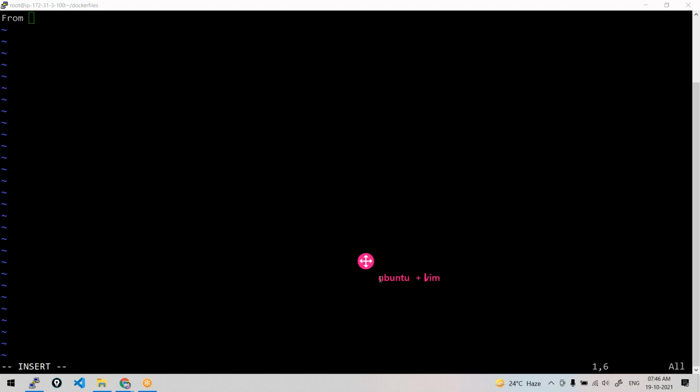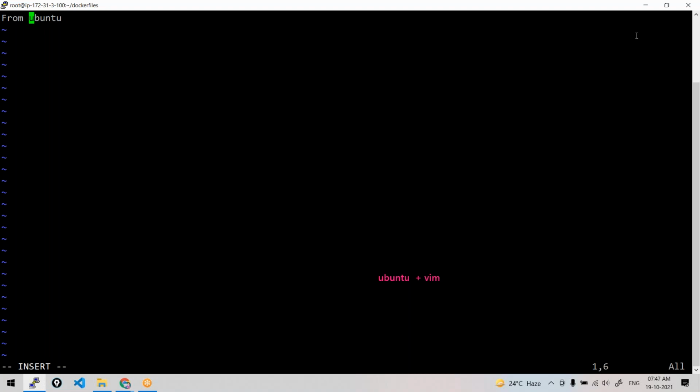Ubuntu image is already there. So many official images were already there for Ubuntu. You need not create it from scratch, like you need not configure the OS and all. So always take some base image, above that make the modifications. Ubuntu means it will pull the image from here. You could use any image, any version of your choice. There are so many tags of this. Put the tag name if it is other than latest. Or else if you want to get it from Elastic Container Registry service of AWS, put that complete name including the registry address. Am I making sense?